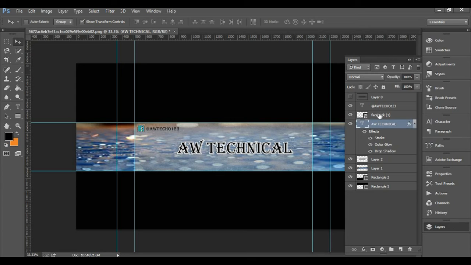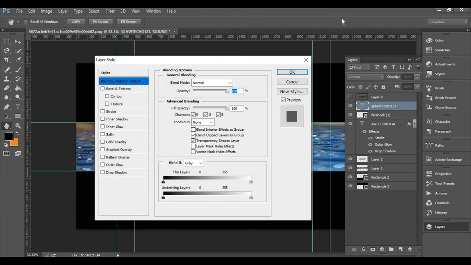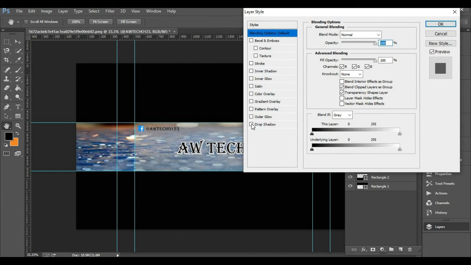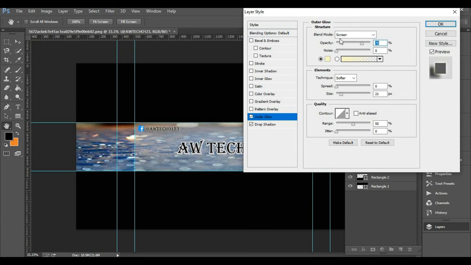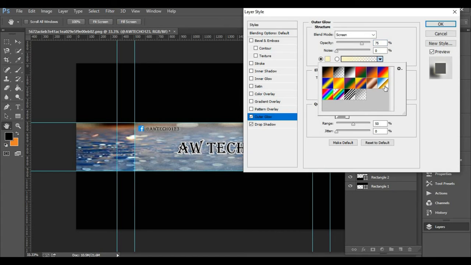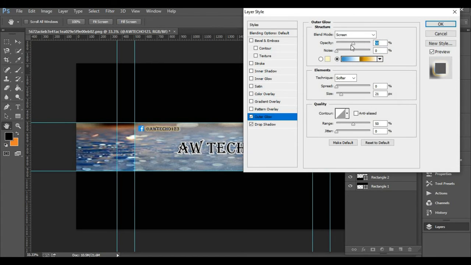Now let's add the same here. Drop shadow, same like this. Now add a little stroke on this.